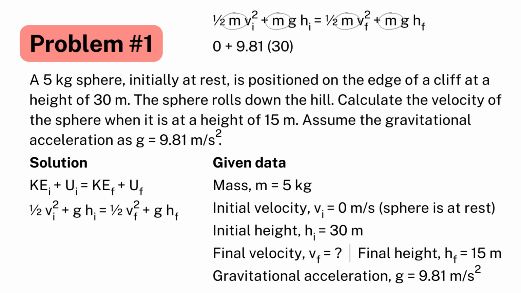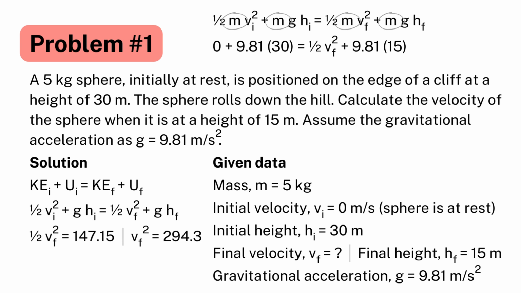We have to find v final, keep it as it is, and write is equal to half v final square plus 9.81 multiplied by 15. Therefore, the calculation becomes 294.3 is equal to half v final square plus 147.15. Write in the next line, half v final square is equal to 147.15. Shift half on the right side, so we get v final square is equal to 294.3, and therefore the value of v final becomes